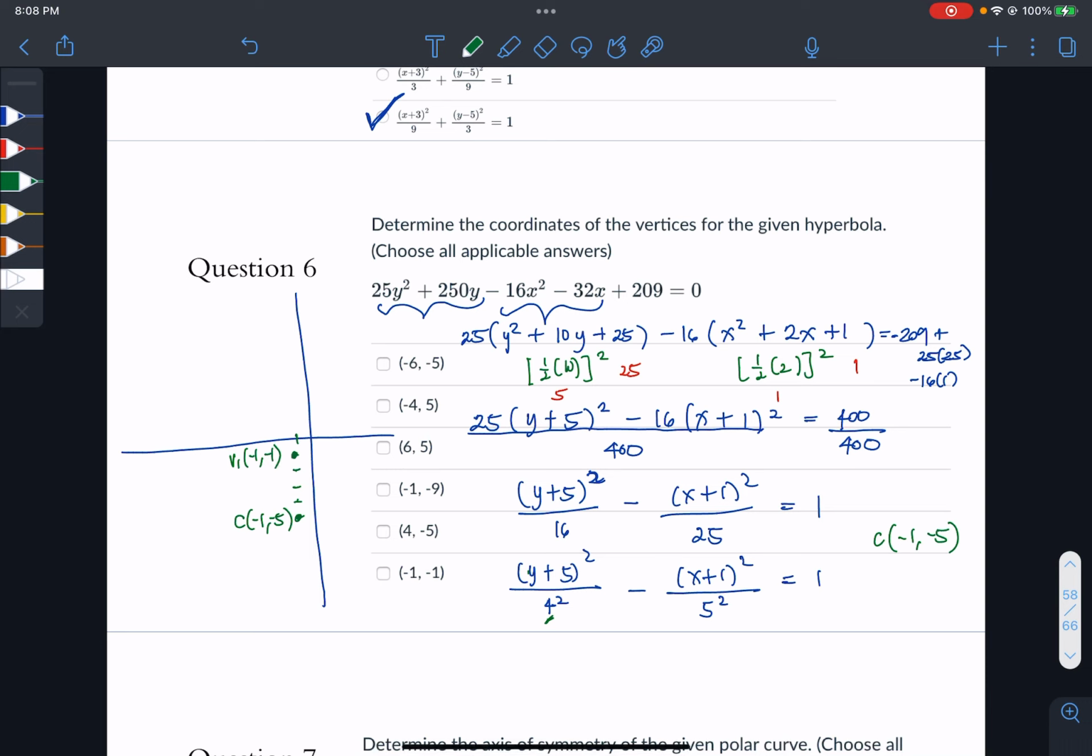Tapos, yung isa would be negative 5. So, 4 units ulit. Negative 5, negative 6, negative 7, negative 8, negative 9. So, yung pangalawang vertex natin, which is here, negative 1 and negative 9. Kaya yung vertex natin is etong dalawa: negative 1 and negative 9, and negative 1 and negative 1. Tapos, kung gusto nating kuhanin yung,